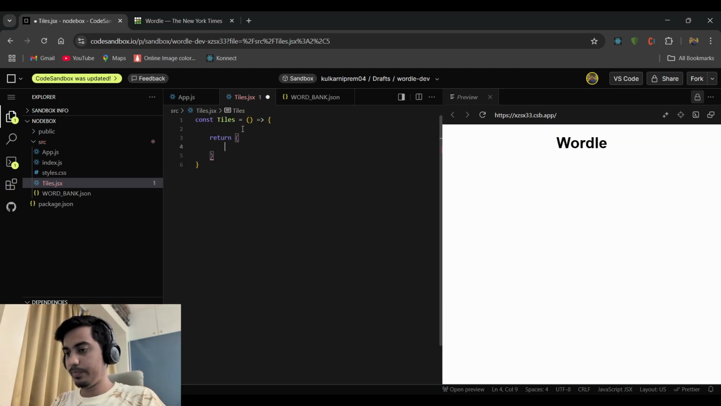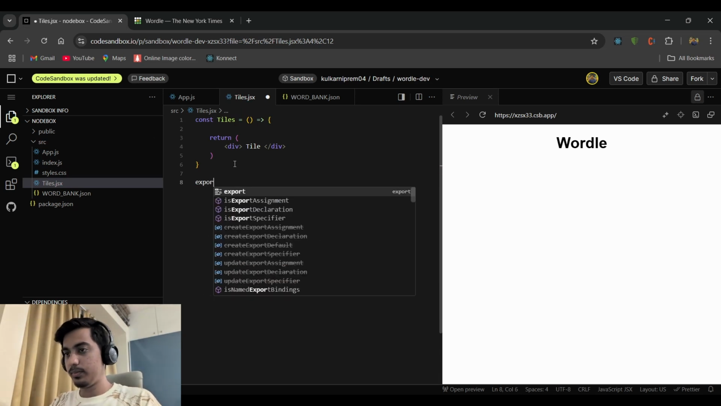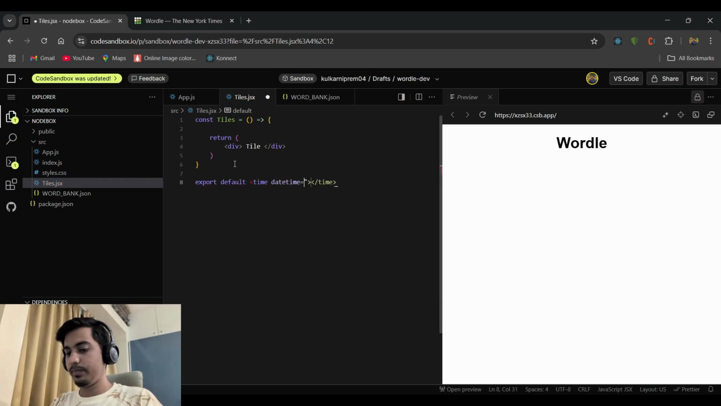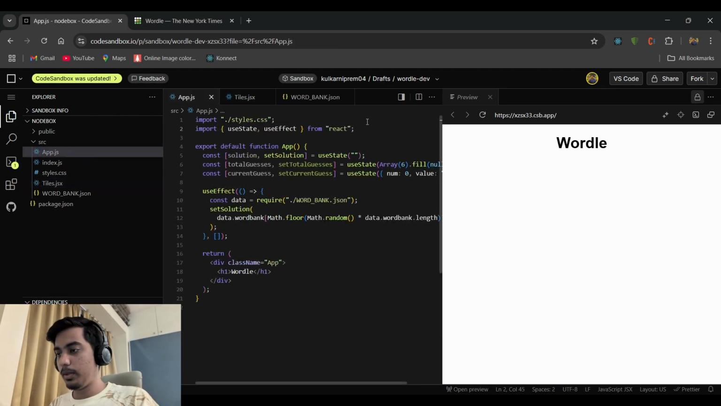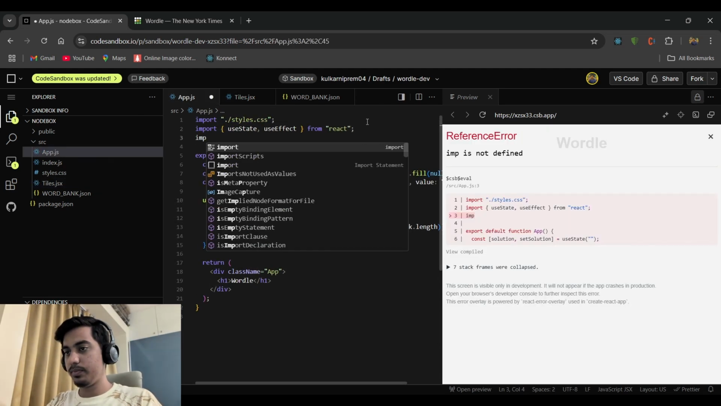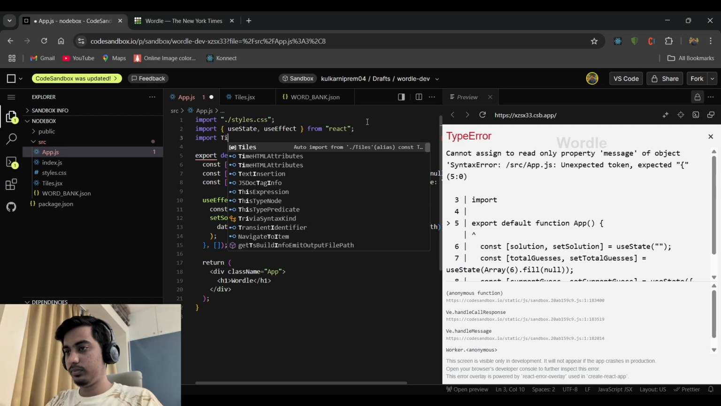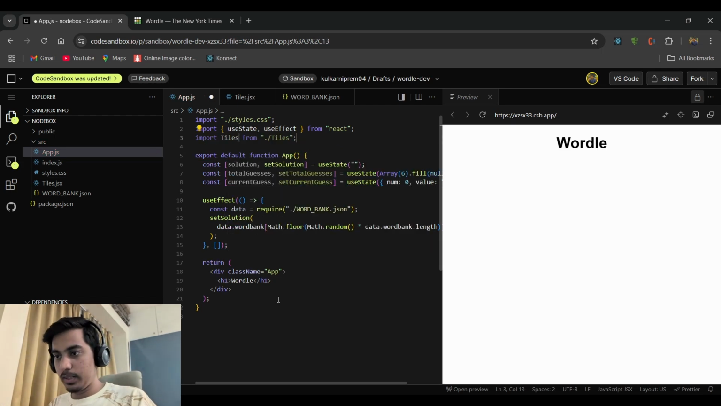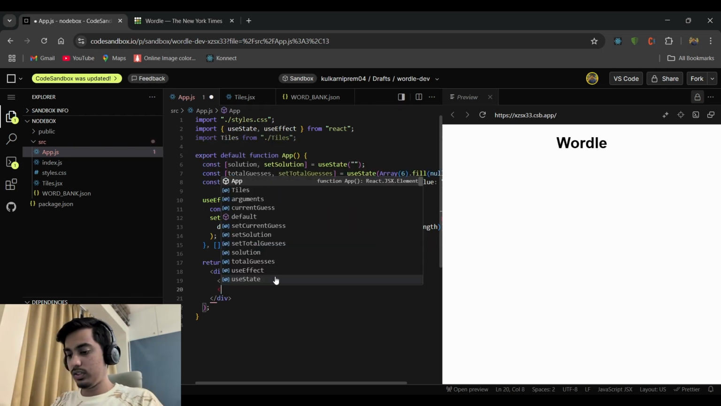Just return a simple div for now. Let's call this tile. Let's export this component so that we can import this in our ReactJS. Export default tile. So let's import this in our app.jsx, and then I'm going to just render this over here